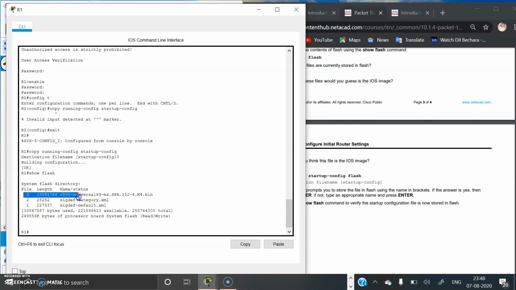Here there are three files, and the third file is the iOS image. I am calling it the iOS image because it has a large size, and we can tell by identifying this .bin.